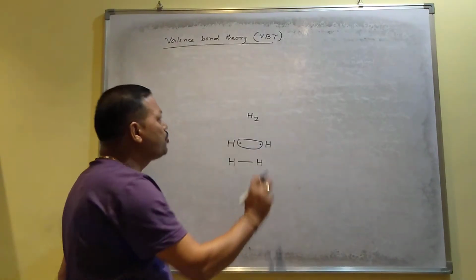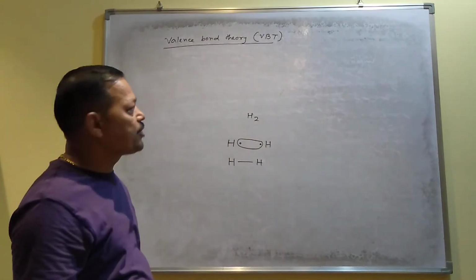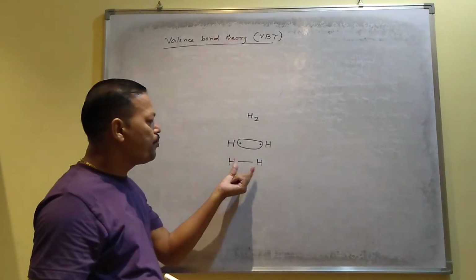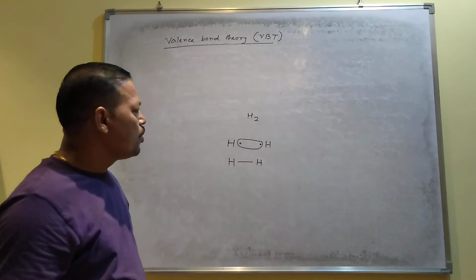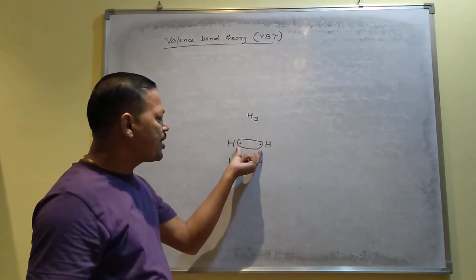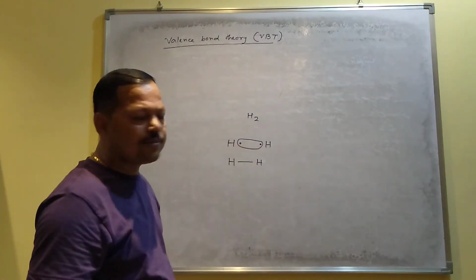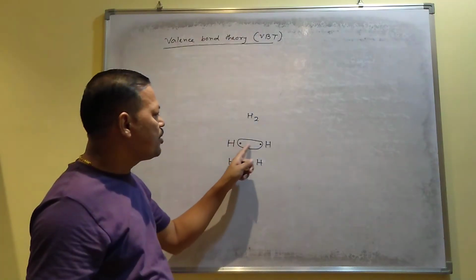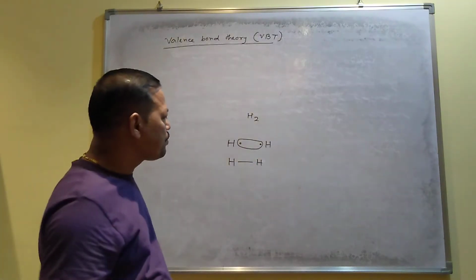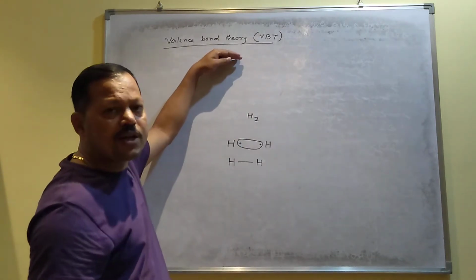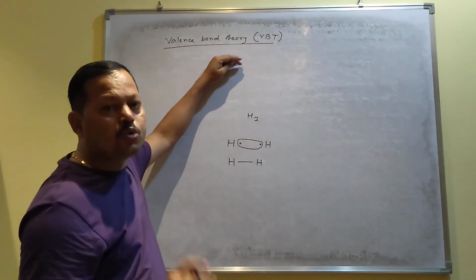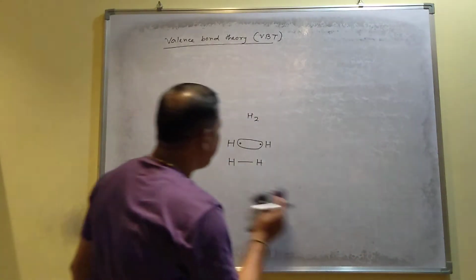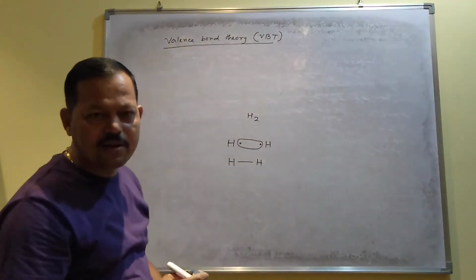So according to this valence bond theory, actually valence bond theory explain how a covalent bond is formed between two atoms. Although we have done the electron sharing concept like this way, but according to valence bond theory, electron sharing do not take place like this way. So this is the modern concept, how to produce a covalent bond. And this theory mainly based on the quantum mechanical concept.